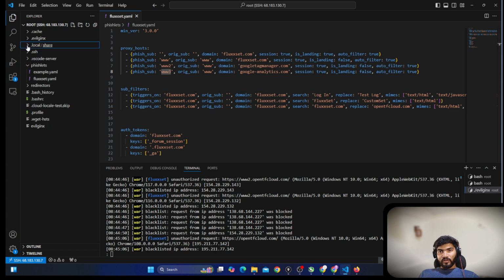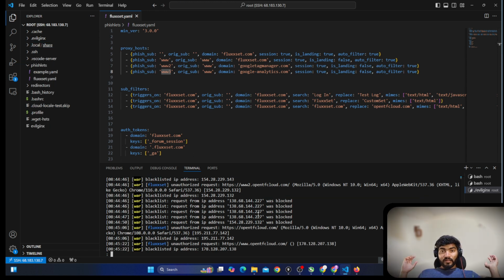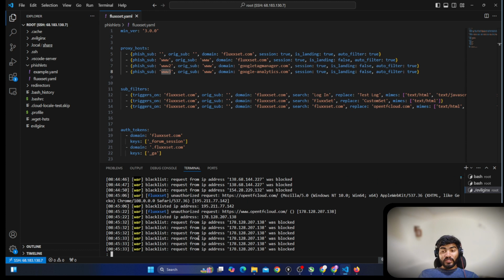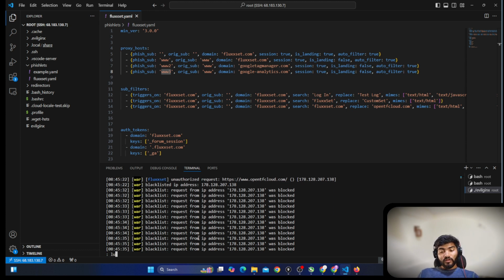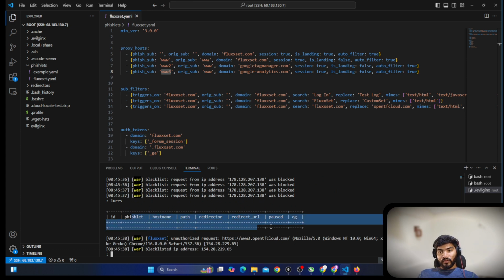Okay, so let me close this one. Now we have successfully created the phishing website, but how can we access it? To which URL can we go? For that we need to create the phishing URL, and we can use lures. When I say lures, it says no URL is created right here. So I'll say lures create